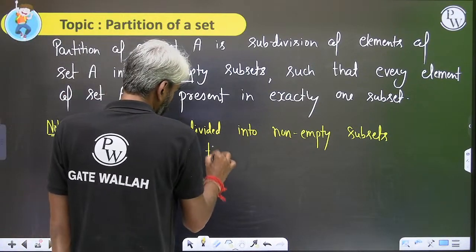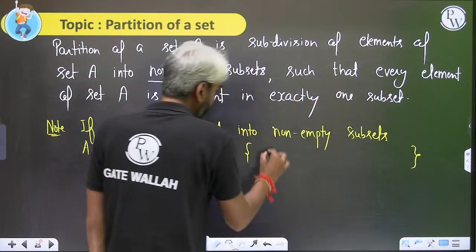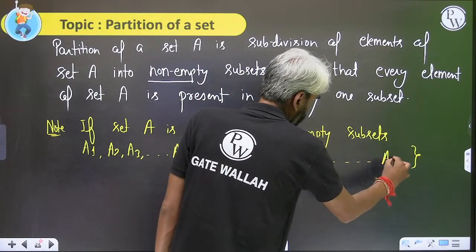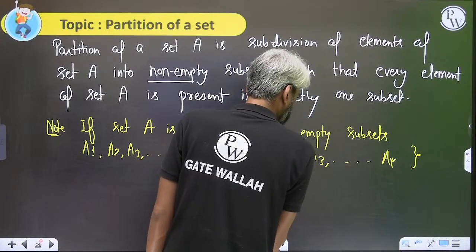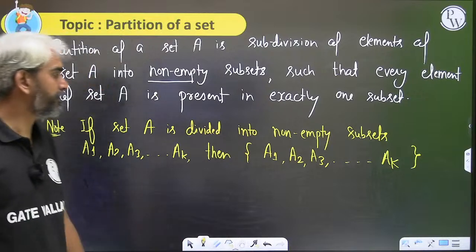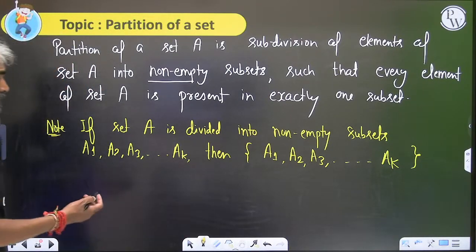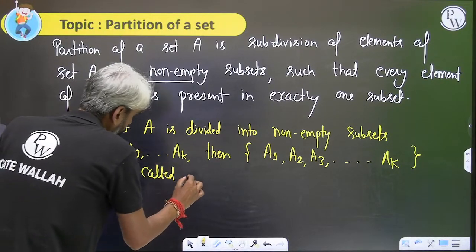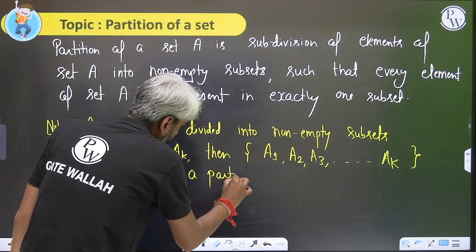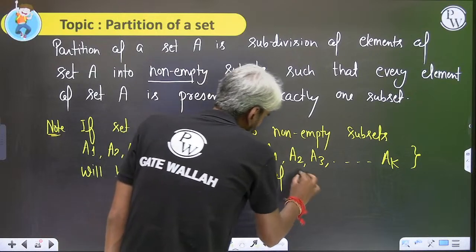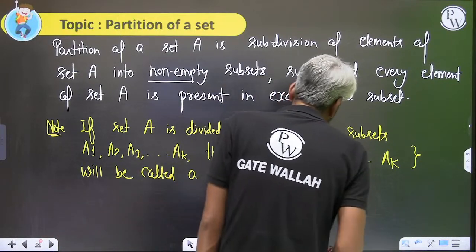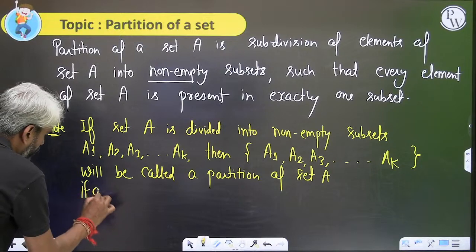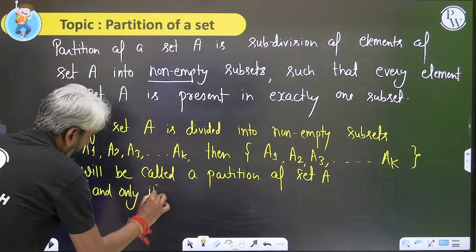Then the set containing all these subsets of set A, the set containing all the subsets A1, A2, A3 up to AK, will be called a partition of set A if and only if